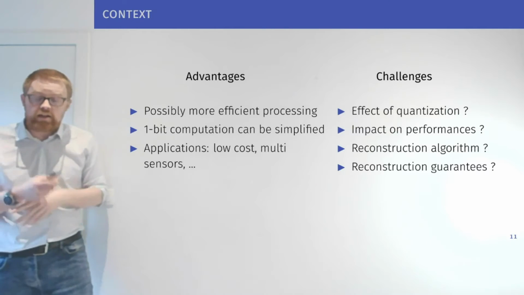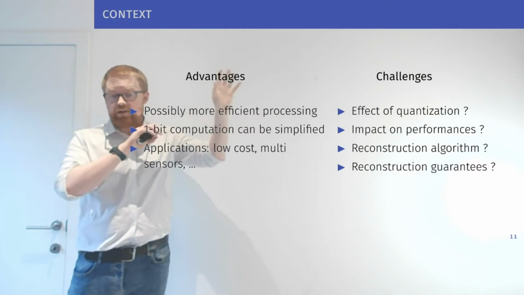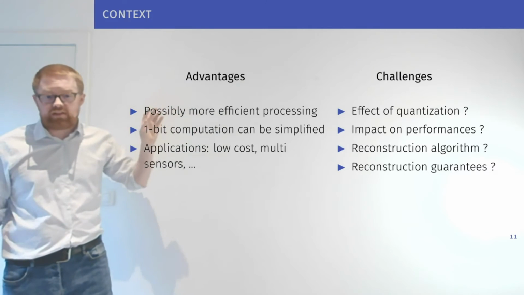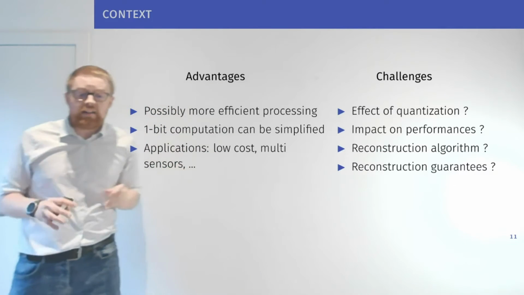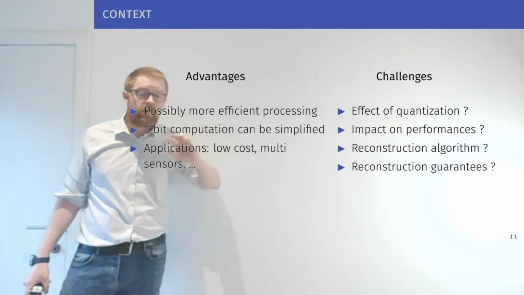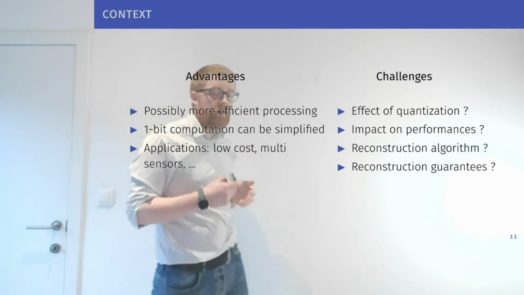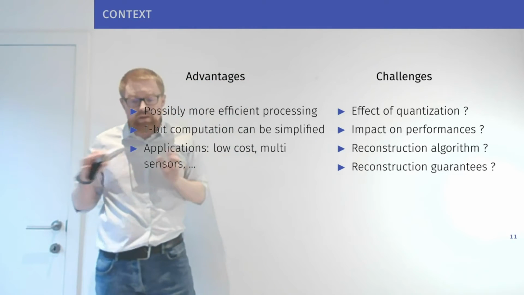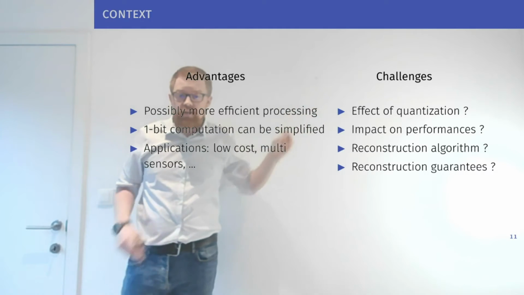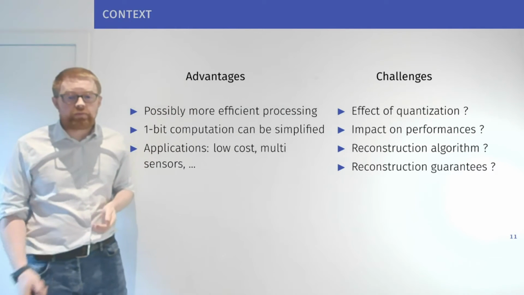Why would you want to do that? If you were to do that, all of your computation would just be between a 1-bit measurement and a 1-bit back projection, which could help you get more efficient processing because it's just 1-bit computations. And this could help you in situations when you want either a really low cost or low power application, or when you have lots of different sensors, and so too much data and too much power. But again, lowering this resolution would come at a cost. And in the rest of the talk, we're going to study what happens in terms of the reconstruction performances and what you can get in terms of guarantees on what we're doing.